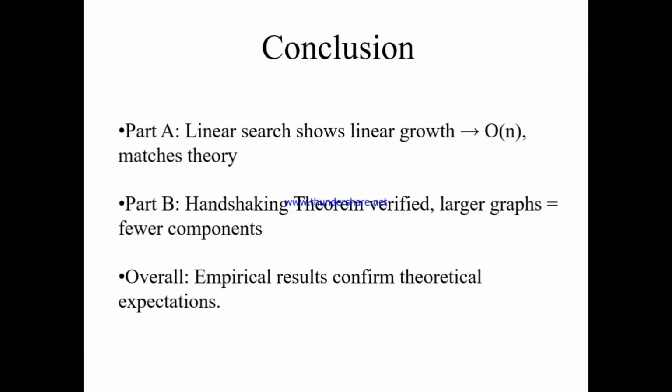To wrap up, in conclusion, in Part A, our linear search experiment confirmed the theoretical time complexity of O(N). The experimental results matched our expectations. In Part B, our friendship graph experiment showed that the handshaking theorem holds true and larger graphs naturally form fewer